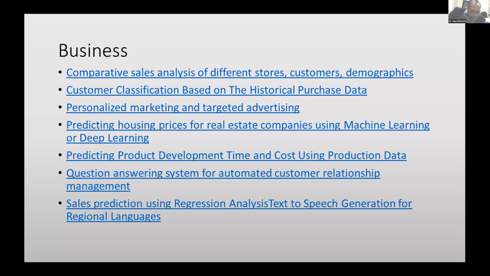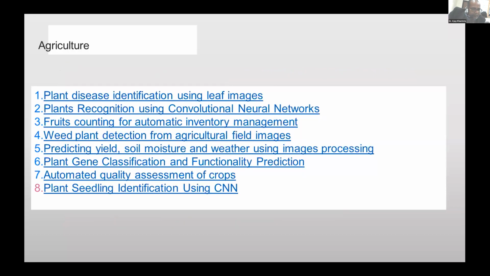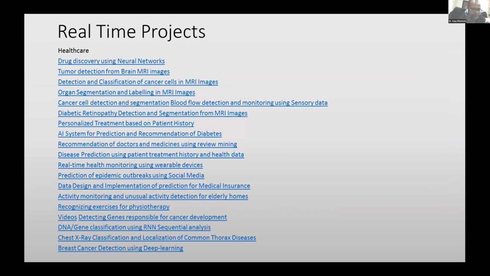Then one more case study I want to discuss with you is healthcare, which we already discussed a lot. One more was there, that is